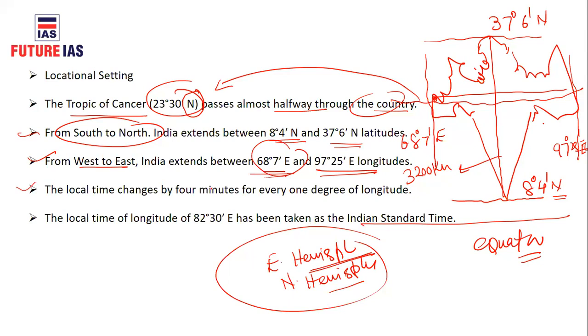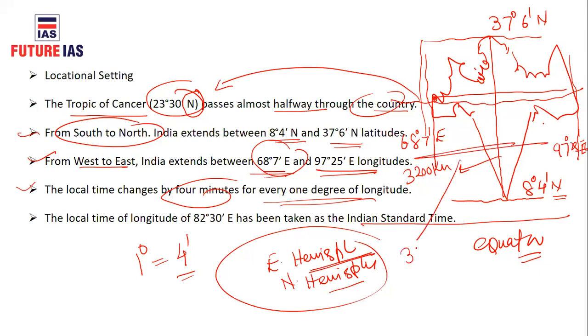Okay, and the local time changes by 4 minutes for every 1 degree of longitude. That means for every 1 degree, a 4-minute change occurs. So there is a longitudinal extent of around 30 degrees, and you can multiply 30 by 4, which means 120 minutes,